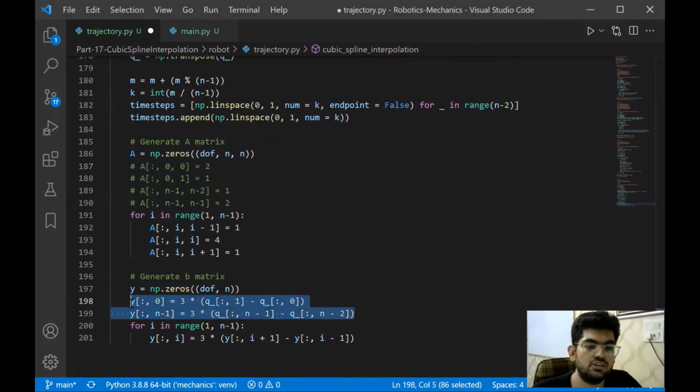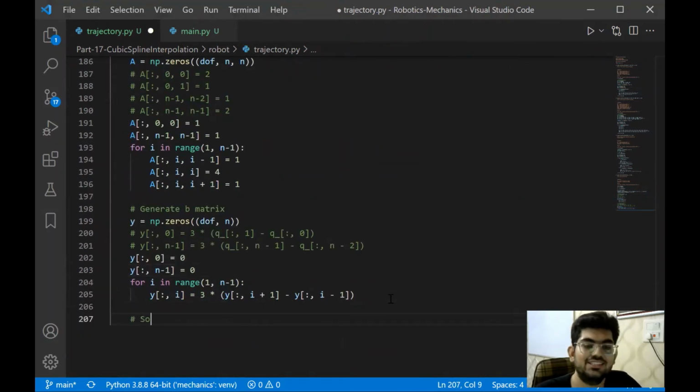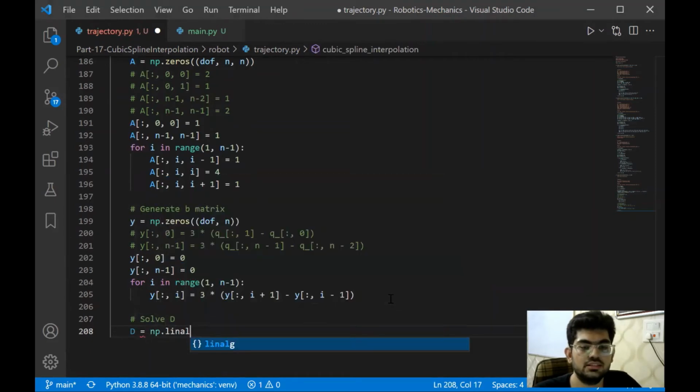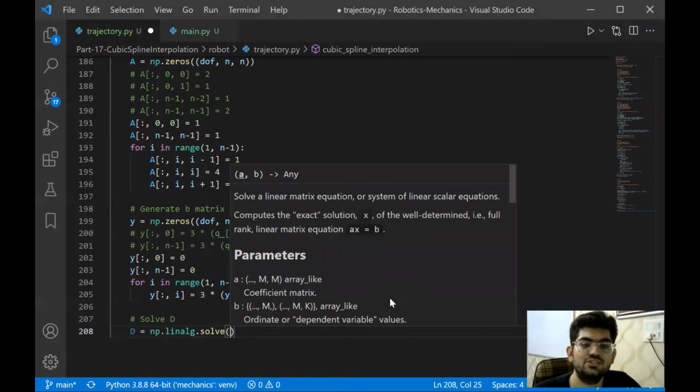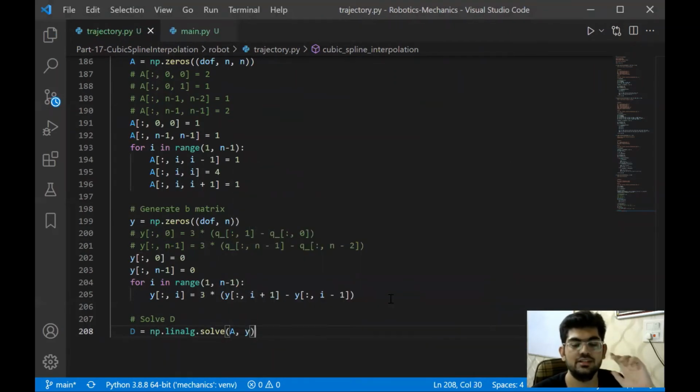It's a simple change, but okay, let's add comments over here so that after we have done the code, we can also experiment with what the different values coming out are. Okay, so we have done that. Now let's finally solve for D. Now what is D equal to? We are going to use this numpy function linear algebra dot solve. This is going to simply take the A matrix and the Y matrix and give us the solution of D.